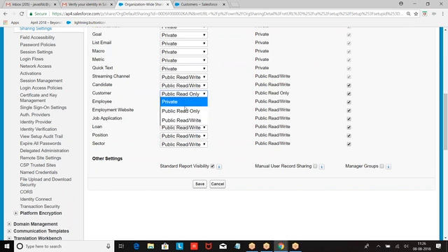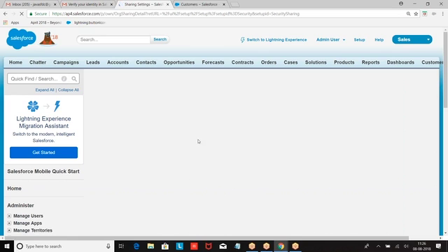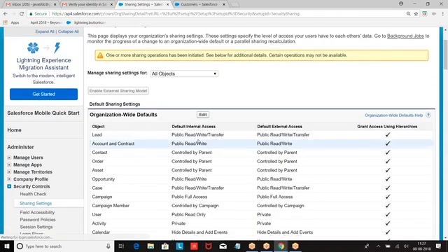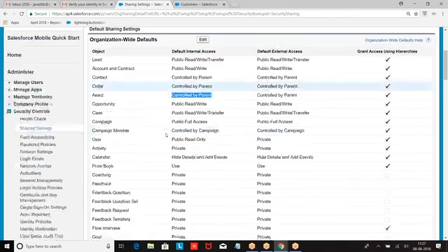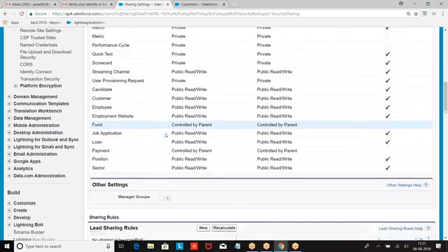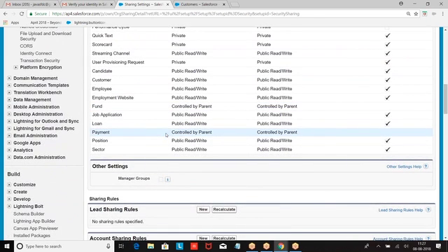You had a customer, read write. When you say read write, what happened? You'll be able to see everyone's data, read and write. If you observe here, we are getting controlled by parent. Why controlled by parent? So contact data is controlled by account. Order data is controlled by account. I told you, if two objects are connected by master detail relation, now if you want the child OWD to be controlled by the parent, we are going to give controlled by parent. So meanwhile, let us see if the file is updated.